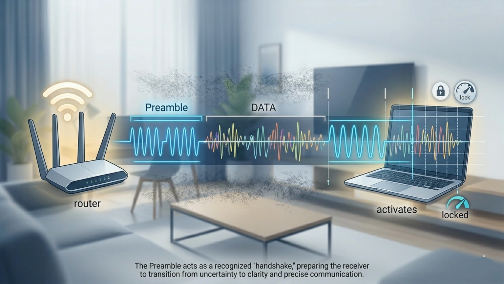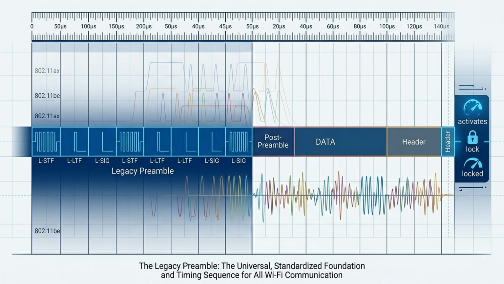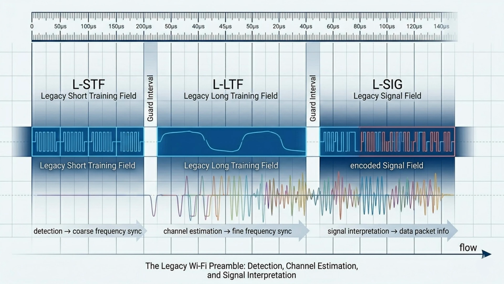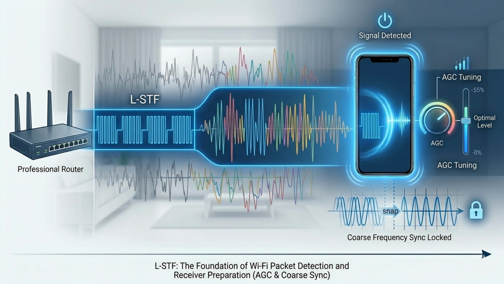Since the legacy preamble is the foundation for almost every Wi-Fi generation, it follows a very strict timing and structure. There are three parts in legacy preamble separated by guard interval. The three parts are: legacy short training field L-STF, legacy long training field L-LTF, and legacy signal field L-SIG. Legacy short training field, L-STF. The legacy short training field, L-STF, is the first part of the preamble used for signal detection,